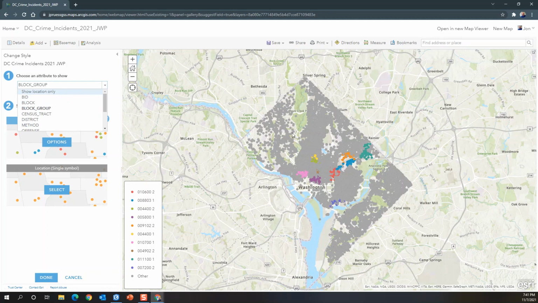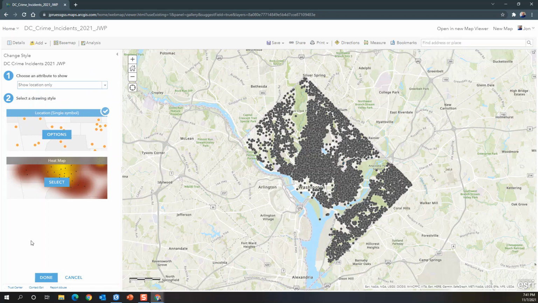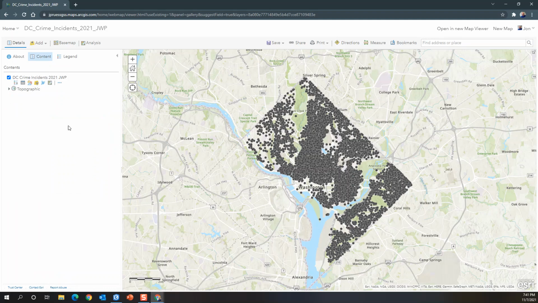Okay, so you're going to see all these colors here, and it's defaulting to something to display some attribute. I don't know what it is, but we don't want that right now. So we're going to change it over here underneath choosing which attribute to show. Change it to just show location only, and there you go. They all turn the same color, and then hit done,